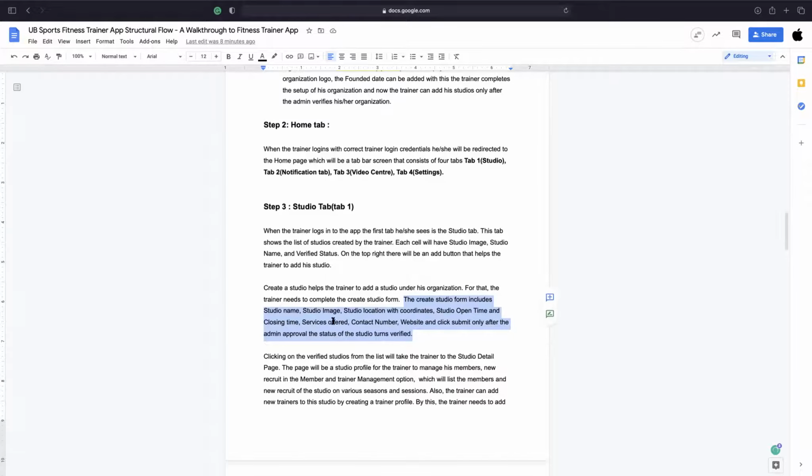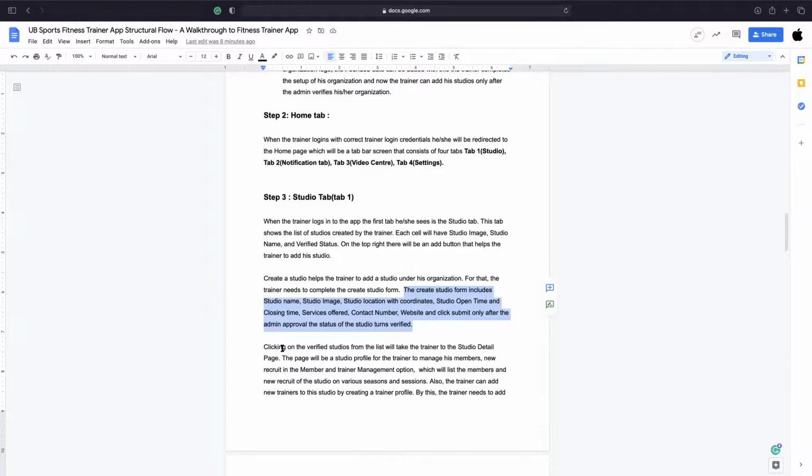In the studio tab, whatever studios we create will be listed below for the trainer. Like if I created organization A, studio A, then I could see studio A. Then if I add studio B, it will have studio A and studio B, all listed down. Once the studio is verified, he will be able to click the studio, and obviously he could now set up his studio profile. Once he clicks on that verified studio list, he will be taken into the studio profile